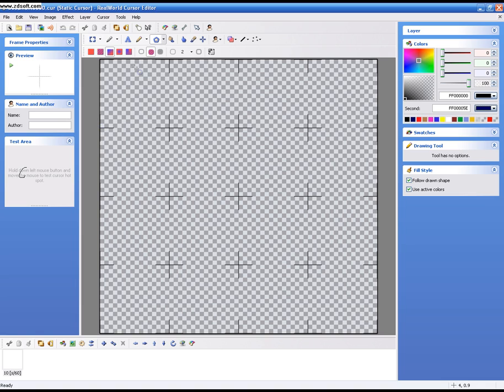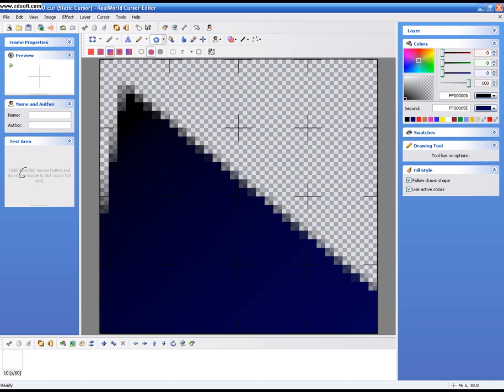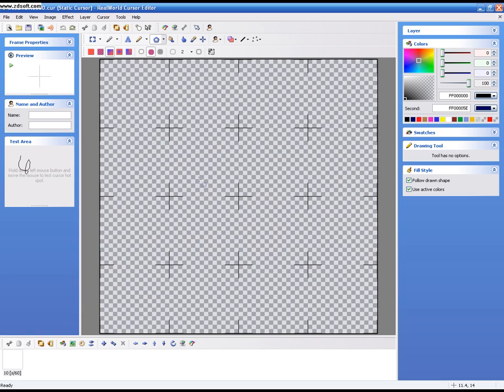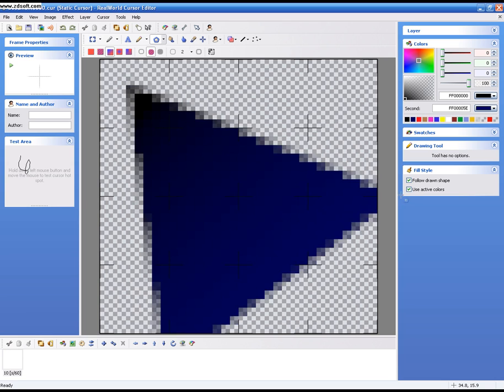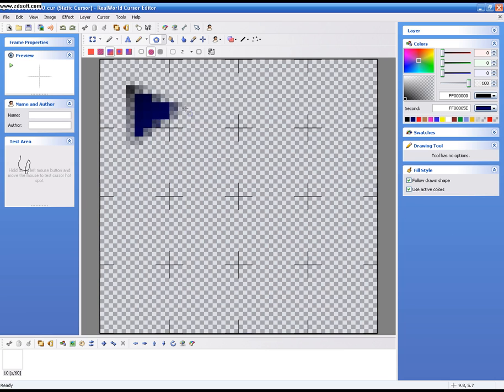Okay, so to make your own cursor you need to click and drag. Don't make it too big, then it's gonna look like this. You don't want that. Okay, so let me undo it. Faster way to do that is just Control and Z. Okay, just click and drag. Don't make it big, don't make it too small, just make it